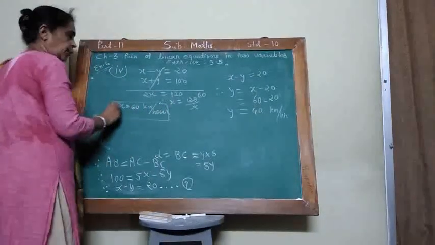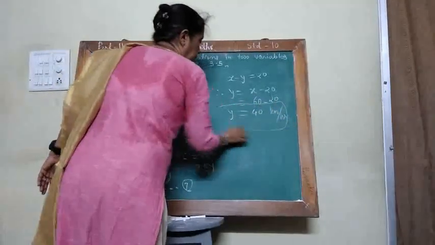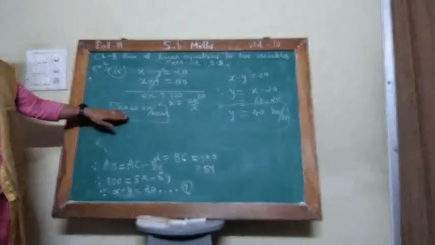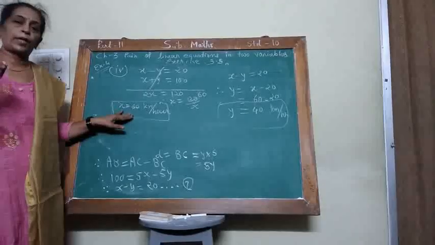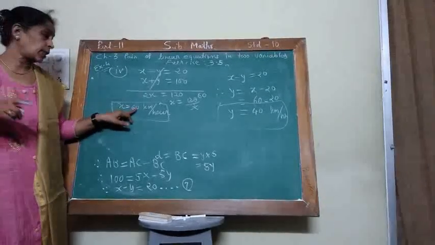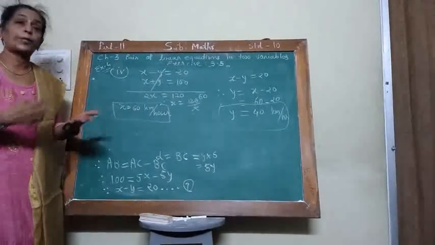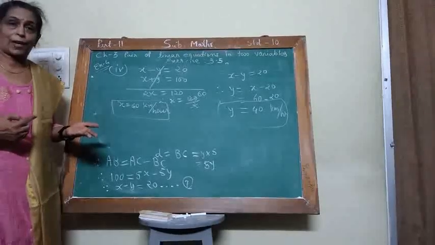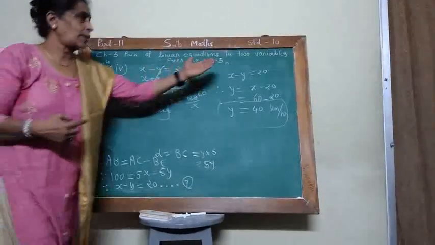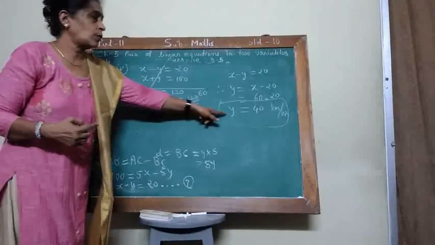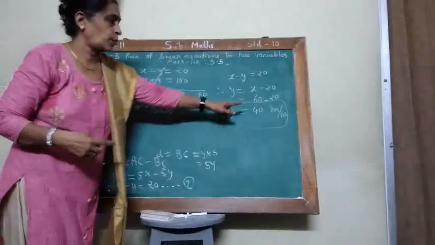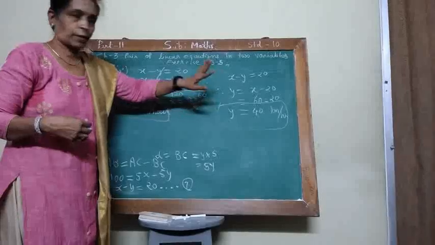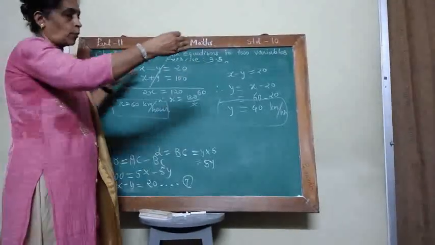So the answer you write down: the speed of car 1 is 60 kilometer per hour. In 1 hour it travels 60 kilometers, so in 5 hours 300 kilometers it travels. And car 2 travels 5 hours, so 200 kilometers. And both meet at